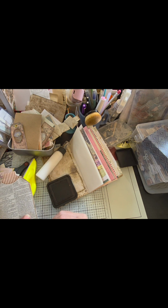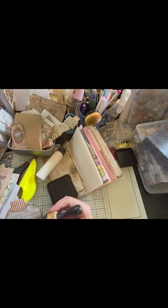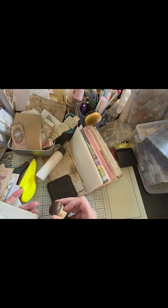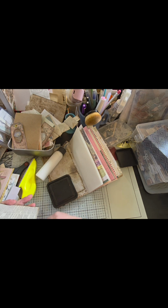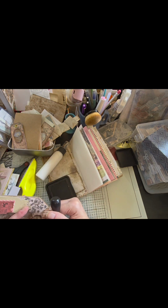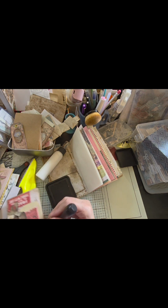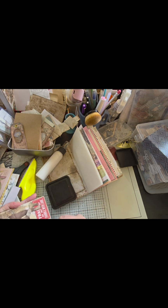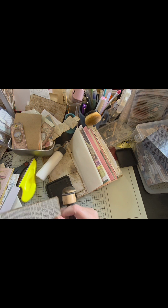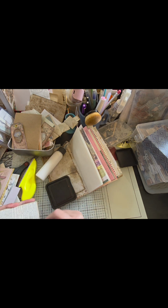So I'm just inking all my edges here, covering up any whites where I might not have matched things well. The beauty of inking things up is that you can use the ink to ink up the things where your paper's just not quite long enough or something. Just put your ink along the edge and ink up your white edges. If you like ink, don't be afraid to ink with it. I'm using Vintage Photo ink, so my ink might look a little different than yours. It's because the Distress Oxides definitely appear quite different